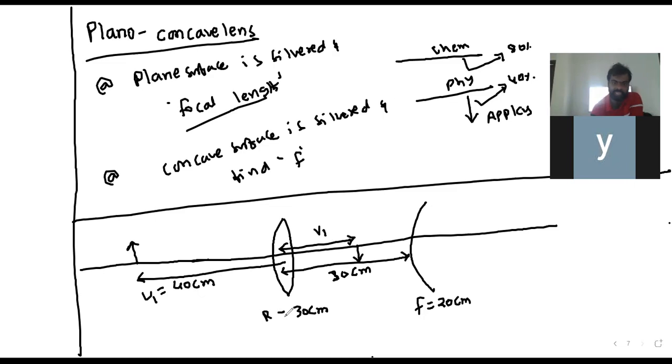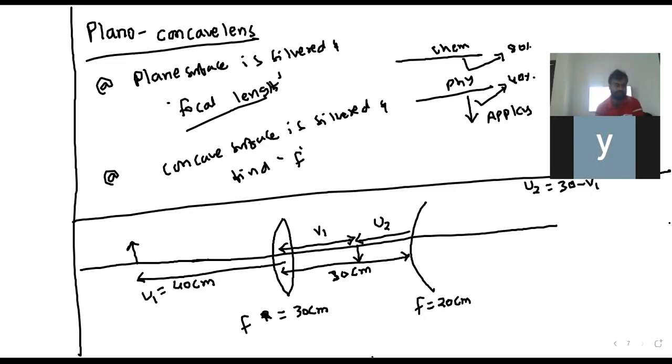Suppose instead of focal length, they gave the radius of curvature of both the spherical surfaces of a lens as 30 centimeter. Then I will use the lens formula at a spherical surface, 2 times. Depends upon the distance. Correspondingly, I will get V1, and this V1 is my object distance U2. U2 I can write as 30 minus V1.